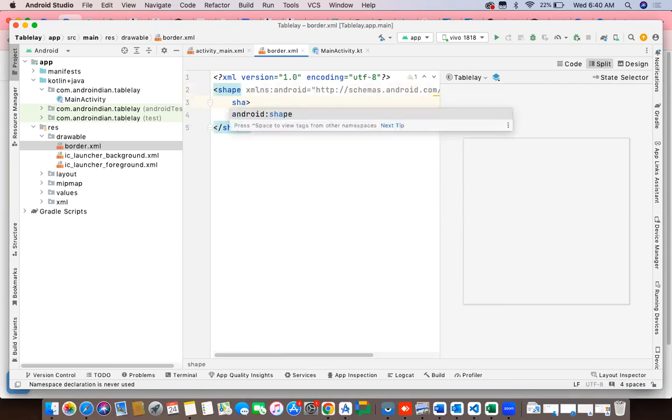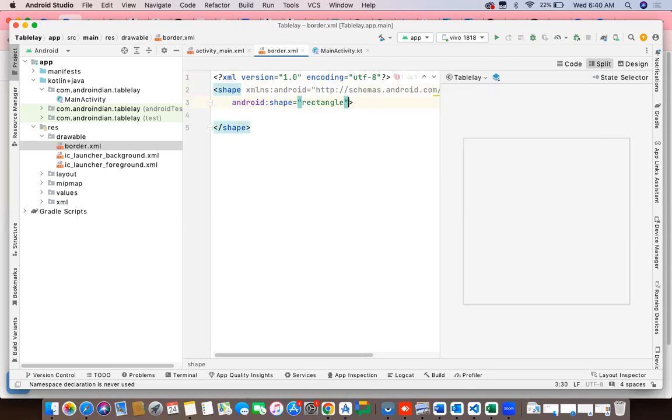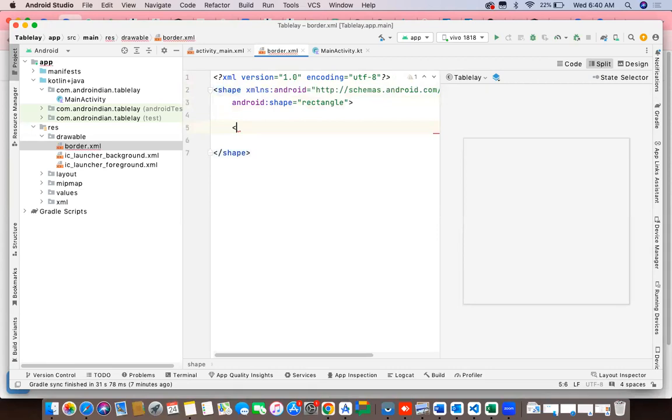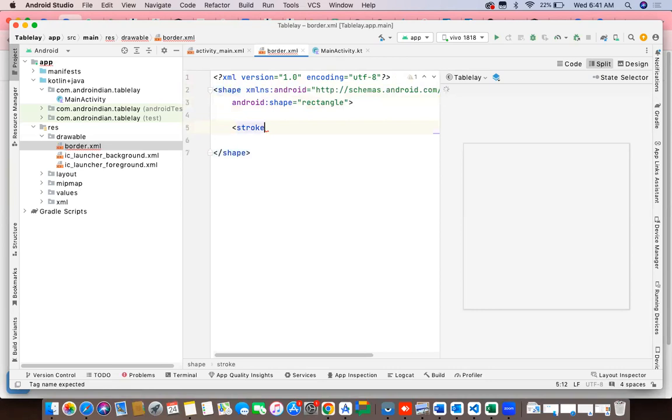So shape, rectangle. There are different shapes we can create, which we can see later, but today I'm taking the rectangle here. For this, I'm giving some stroke. Stroke means just a background color, like we can give only a line color. So that width